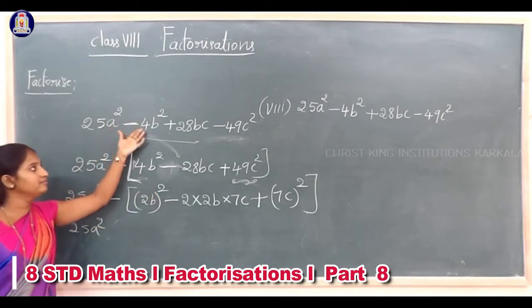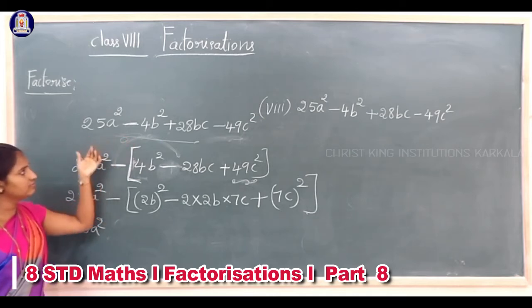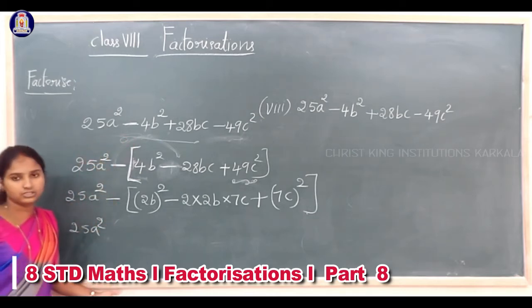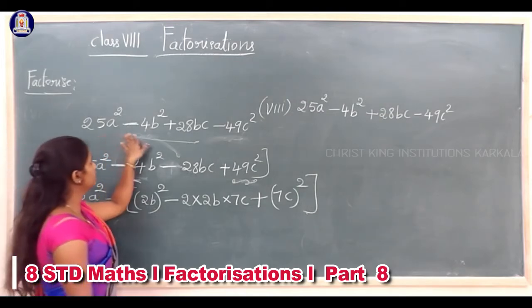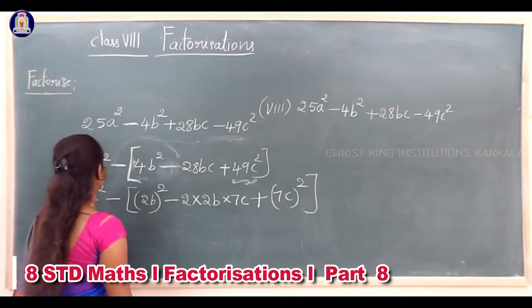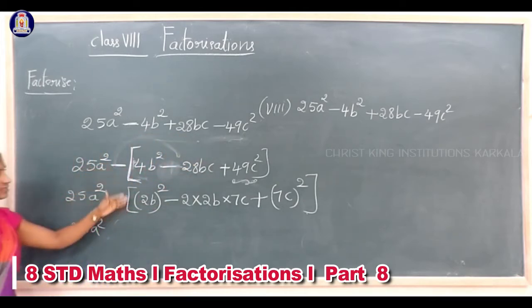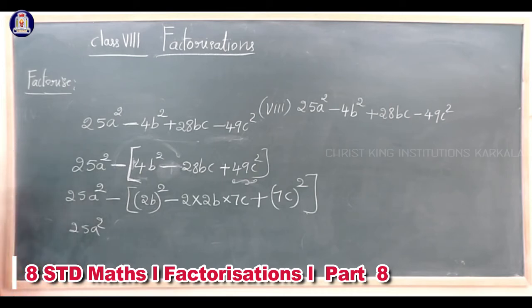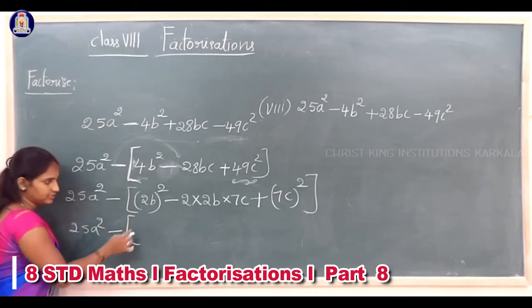Take the first three terms and see whether we can factorize the given terms. Try if possible, factorize and get the answer. Okay, so here I considered the last three terms, and I am factorizing them now by using an identity. So now 25a square inside the bracket, right?